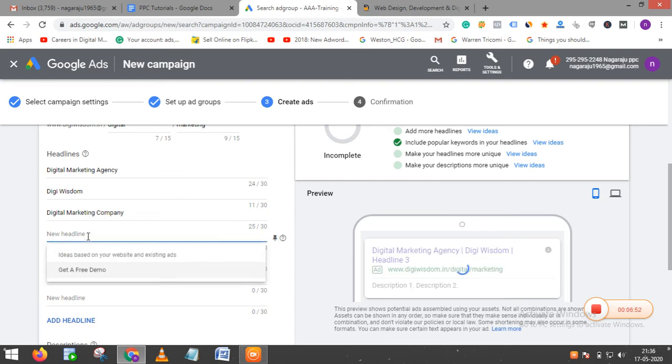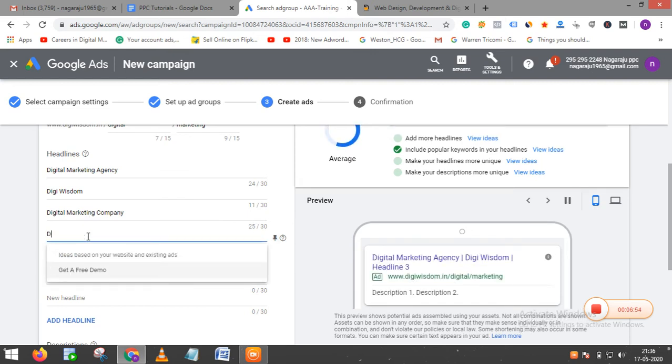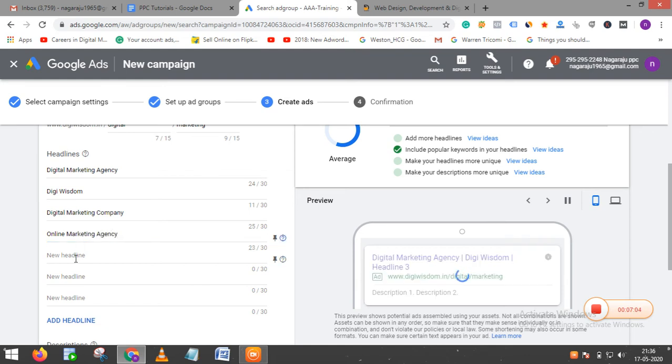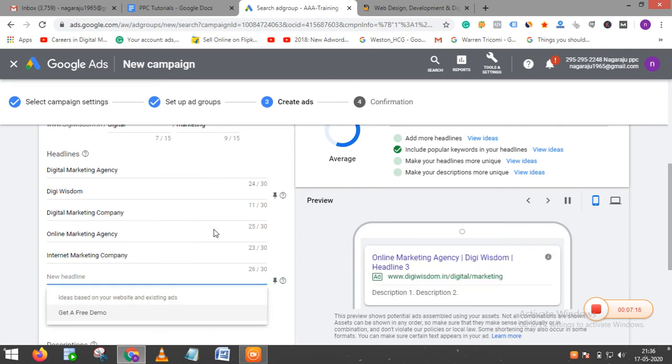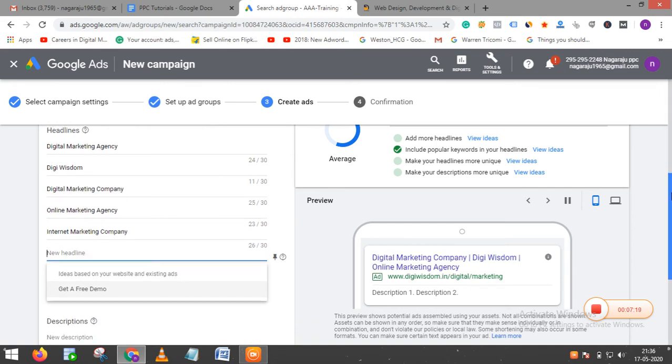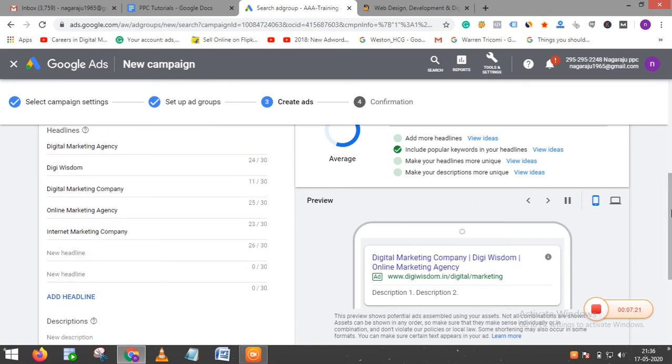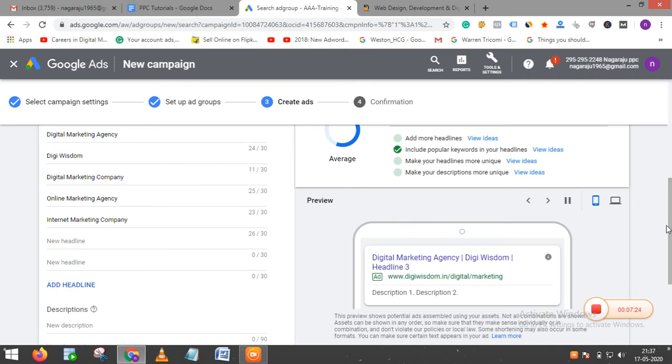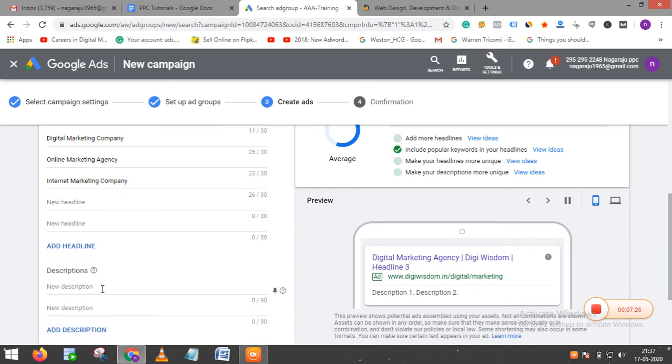My fourth headline would be online marketing agency, and another, internet marketing company. So like this you can add up to 15 headlines. Now scroll a bit down, and you can enter your descriptions.